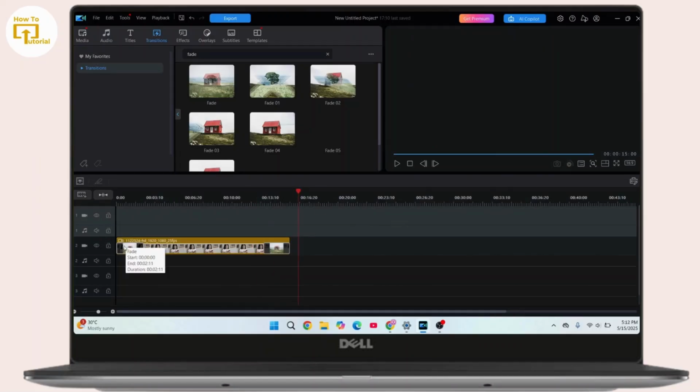So in this way you can add fade in and fade out in PowerDirector on a video, and that's all